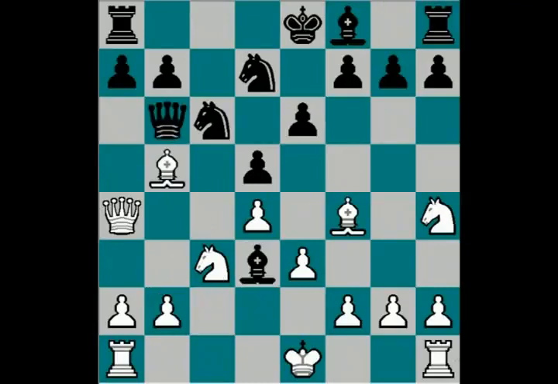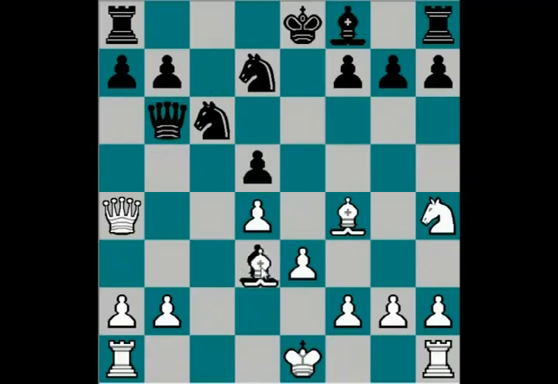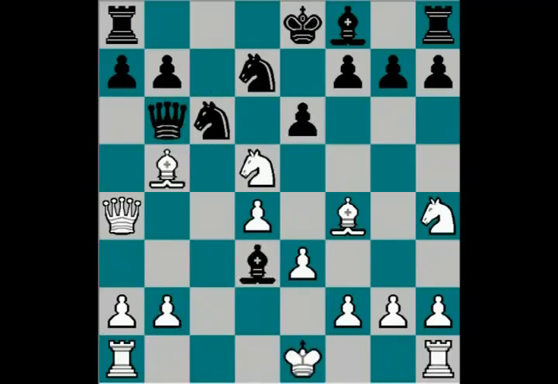Well, bishop d3 is not a good move, because white has an advantage after knight takes d5, attacking the queen. And now, if e takes d, well, obviously queen takes b5 is out of the question. And if e takes d, now white will take on d3. After queen takes b2, they may even castle, and they have a really huge advantage. Well, that's why black plays bishop e4. And now, if white goes f3, then bishop d3 is a much better move, because after knight takes d5,